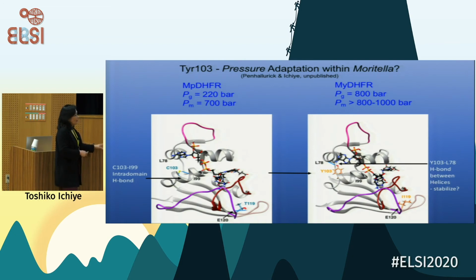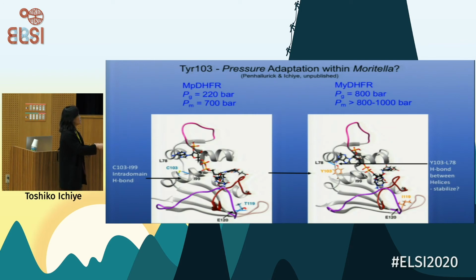But what we see, there are 155 or 160 residues about. Out of that, there are 3 sequence changes. And the one that we think is important is the cysteine at 103 goes to a tyrosine in